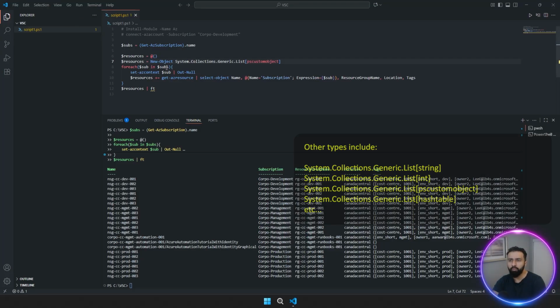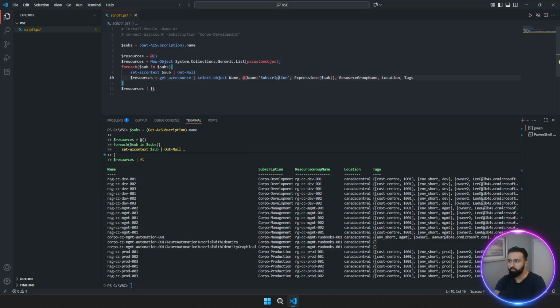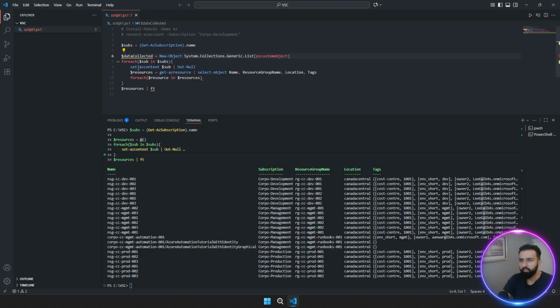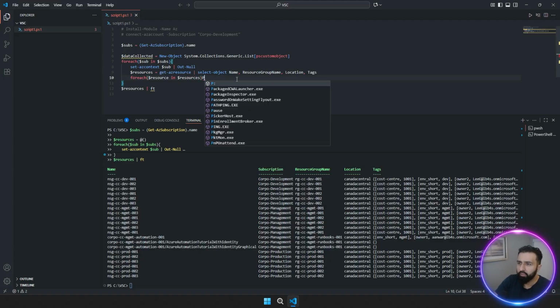Okay. And then what we're going to do, we're still going to run this. Let's take this sub out. This will be a lot cleaner to write. It takes a little getting used to if you've never done it before. We're going to say, yeah, okay, get all the resources like you did, but now we're going to do a foreach resource in resources. In fact, I'm going to change this because it's the same word. We're going to say data object, dataCollected. I like camel case, first word lowercase. All right, so for each resource in resources,